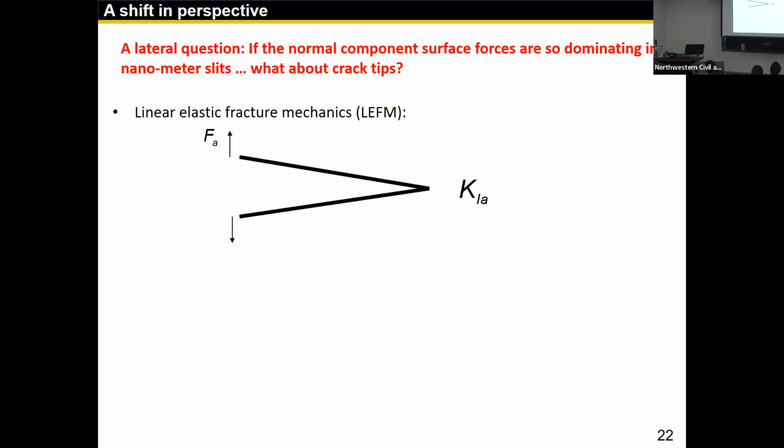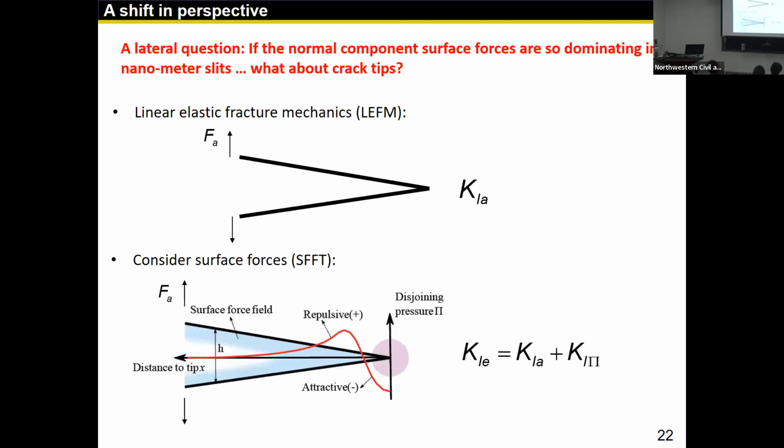If you look at linear elastic fracture mechanics, they consider remote stress or forces to calculate the stress intensity factor at the tip and compare that with a material property called fracture toughness to determine whether the fracture is going to grow or not. If we were to consider this surface force effect, then the picture needs to be updated in this way, where along the crack between the two surfaces, there is a continuous distribution of surface force.